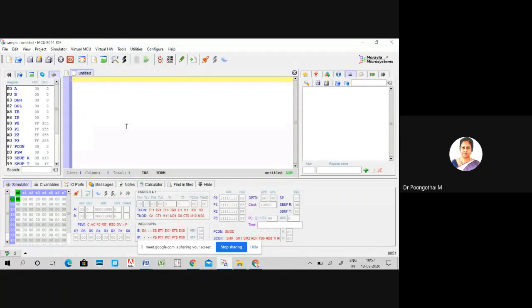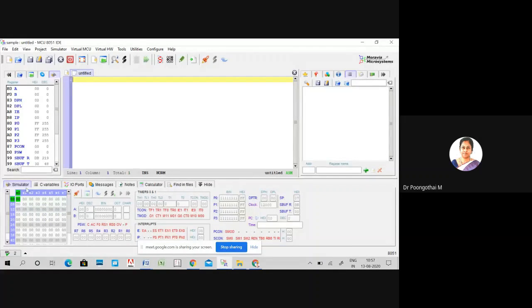So let me explain the features of the IDE. This window is your register window. Here you can see all your general purpose registers and special function registers, accumulator, B register, DPTR, and all the remaining registers are special function registers. And next is the internal RAM memory.